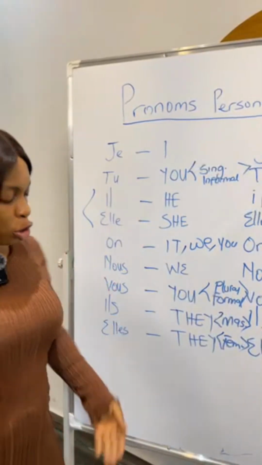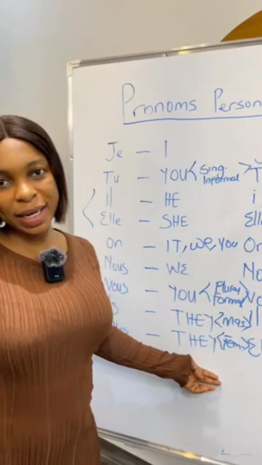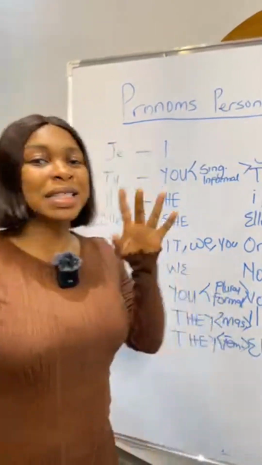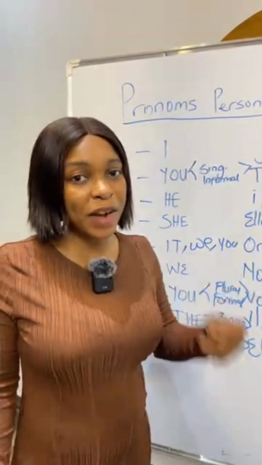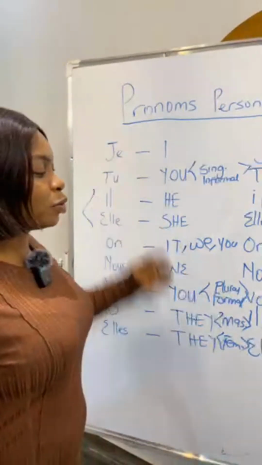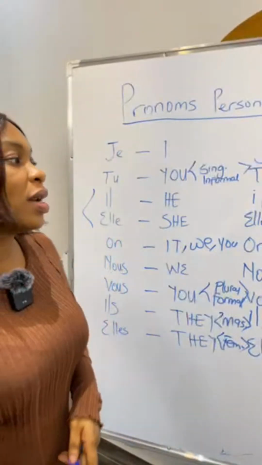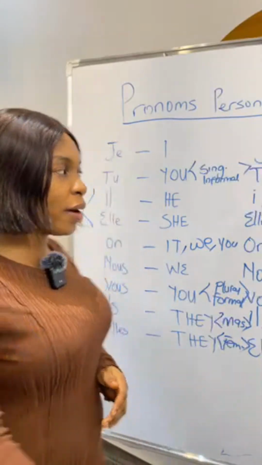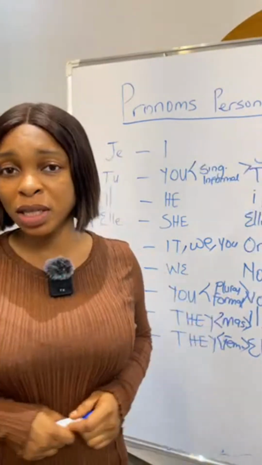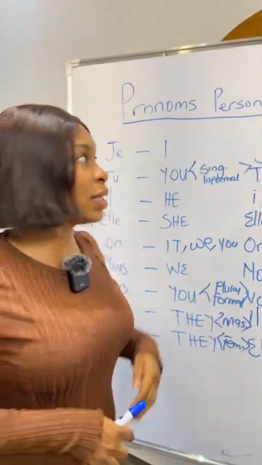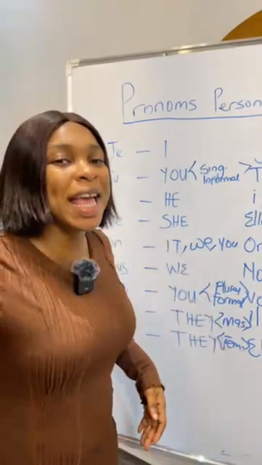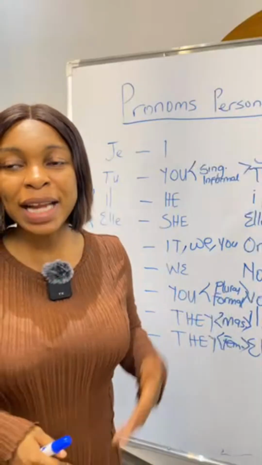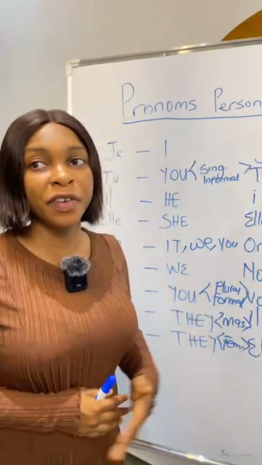So what does that tell you? Use elles only when we are talking about a group of women that we want to refer to as they. So I hope it's clear. I hope you understand very well. So we're going to start from the top just to perfect our pronunciation, and then we quickly go to the next, avoir, the verb to have. All right. So don't forget, what are personal pronouns in French? It's called pronom personnel. Again, pronom personnel. That is what we call personal pronouns in French.